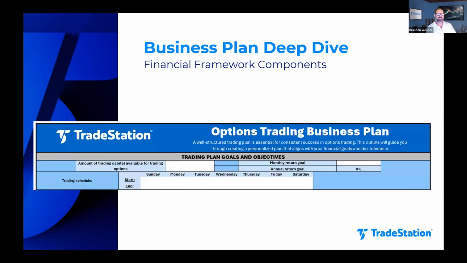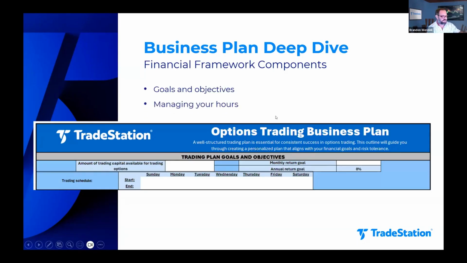So again, diving into the business plan, you're starting off with an overall options trading business plan, as that is called right there. I said it incorrectly. We decide how much capital we're actually going to employ, what kind of returns we are looking for, and you can even go into your schedule to make sure that you have a routine that you follow to ensure that you're doing your plan and the right exercises at the right time. And yes, it does include Saturday and Sunday if you want to do some research. The markets are closed, although if you're doing futures, they are open on Sunday. But you can do some research and analysis and get ready for the week as well.